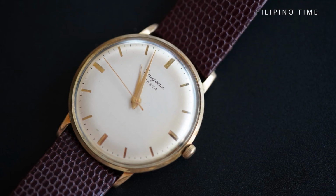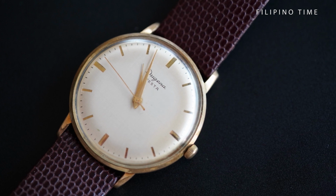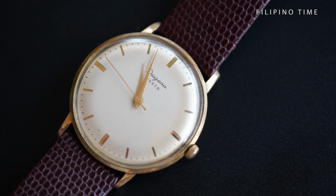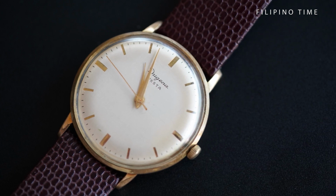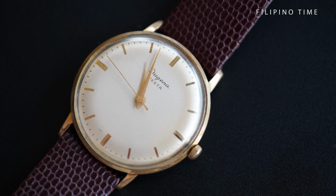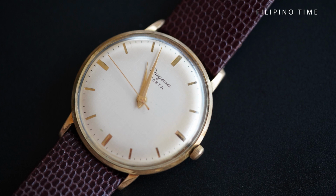So what's special about the Dugena? All right, so Dugena, I don't know if you're familiar with the brand Alpina. Yes. Dugena was the former Alpina. Oh, so Alpina became Dugena. Yep. Before, they weren't allowed to. The Allies wouldn't allow Alpina to produce watches for the German market, I think. So they tried to make a way for them to be able to produce watches, and they named it